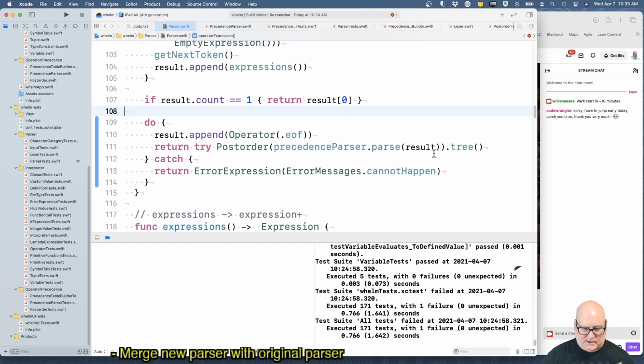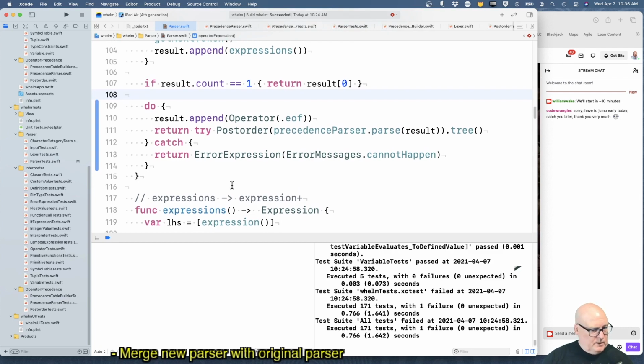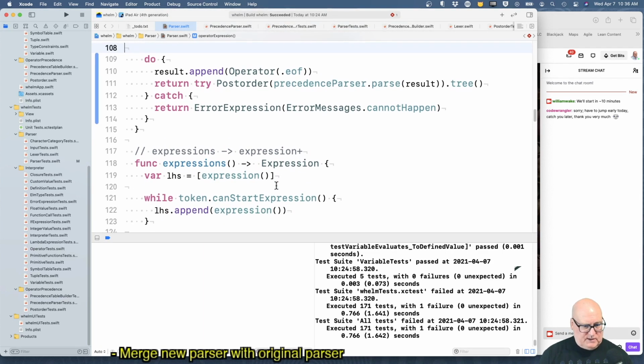We parse according to our new parser. It gives us a post order list of stuff. We convert that back to a tree and return the tree. Otherwise, if that fails for some reason, which I don't think it can in real use, it would be an internal error anyway.